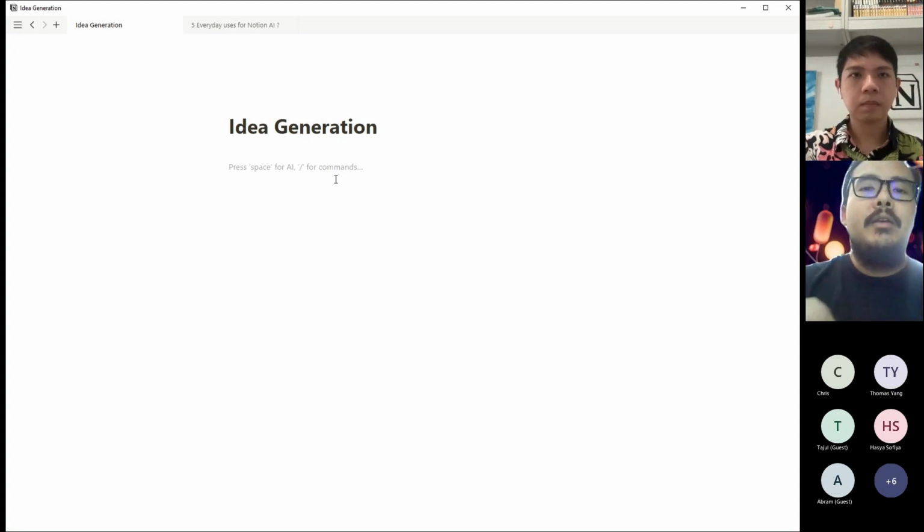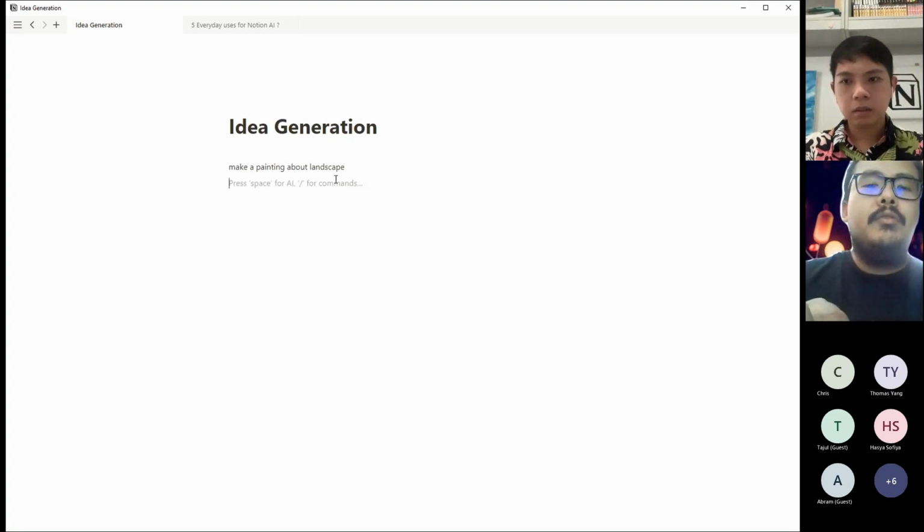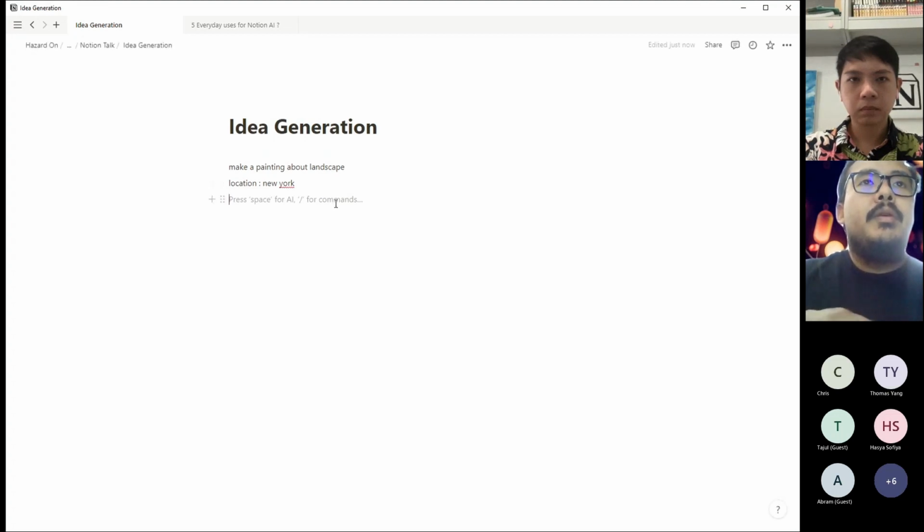So if you have an idea, such as you want to make a painting, you can put points in. So the location. So you can ask Notion AI.